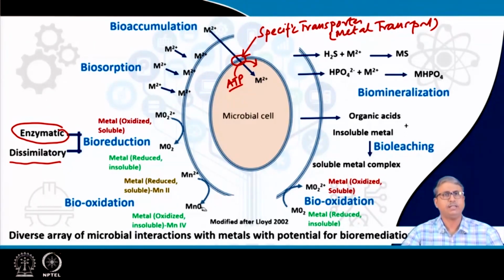is readily precipitated, they actually form minerals, and one of the concepts of biomineralization could be bio-oxidation of iron or manganese, which can be oxidized through microbial redox transformation. So, these are again redox mediated transformations that microbes can use, and then they convert manganese or iron, for example, into insoluble forms, and these insoluble forms precipitate and can be useful for further bioremediation process. So, that I will discuss.